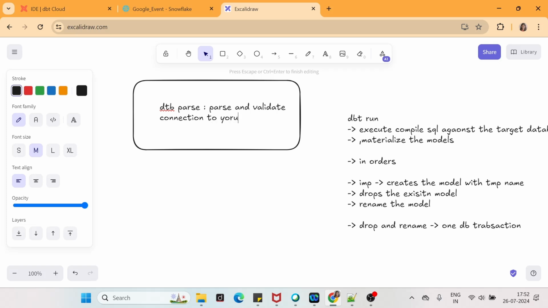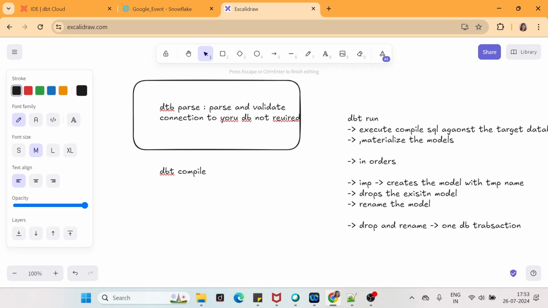Connection to your DB not required. So in case you want to validate your code without connecting to your database, whether you have some Jinja in it, whether you have some YAML file syntax errors or SQL errors, you have to use the dbt parse command. Now, in addition to that, let's look into the dbt compile